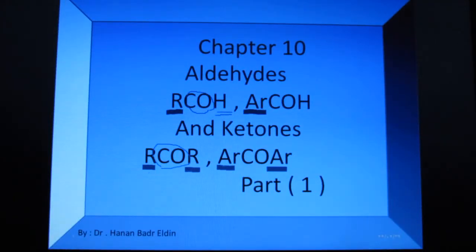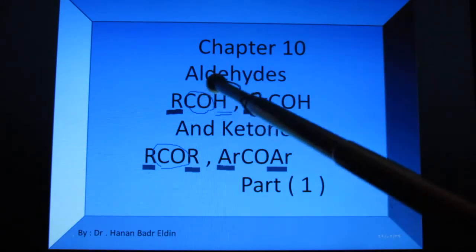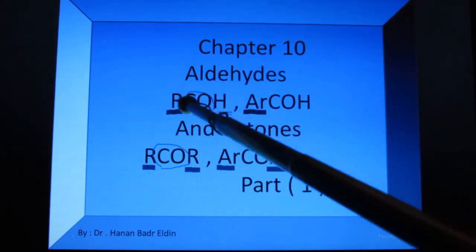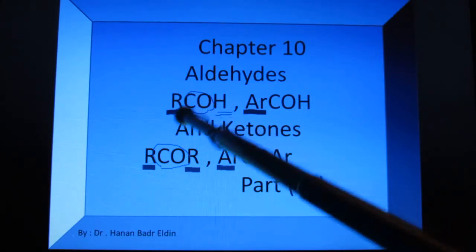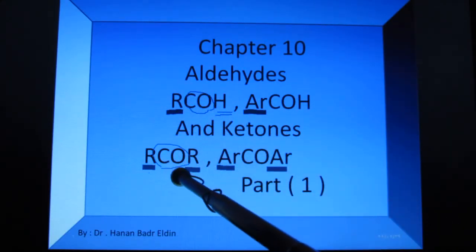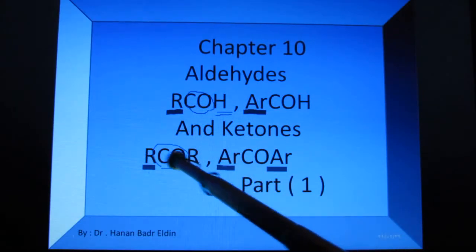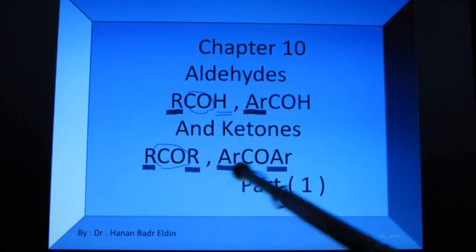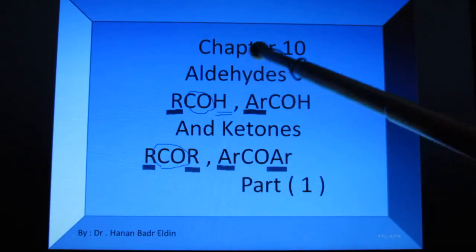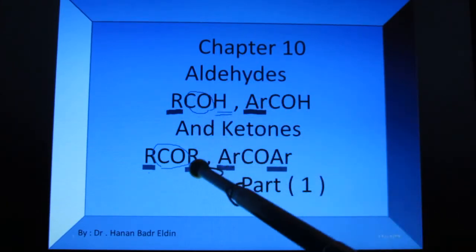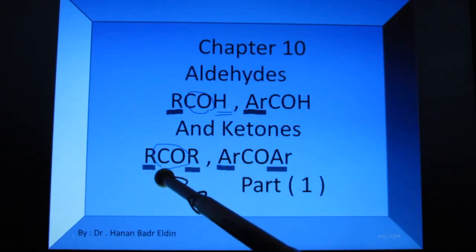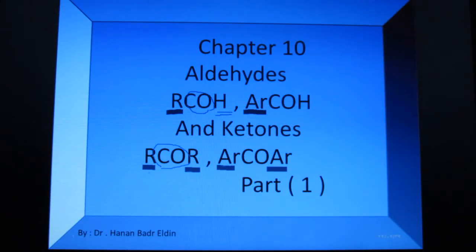Now we will speak about chapter 10, which is aldehydes and ketones. What does that mean by aldehyde? Aldehyde means that we have a carbonyl group attached to a hydrogen atom, and ketones means that we have a carbonyl group attached to two alkyl branches or two aromatic branches. This means that aldehydes must have one hydrogen atom, and in ketones, the carbonyl group is in the middle of the